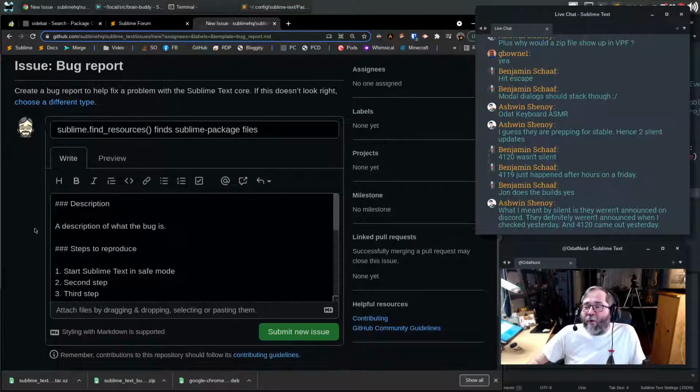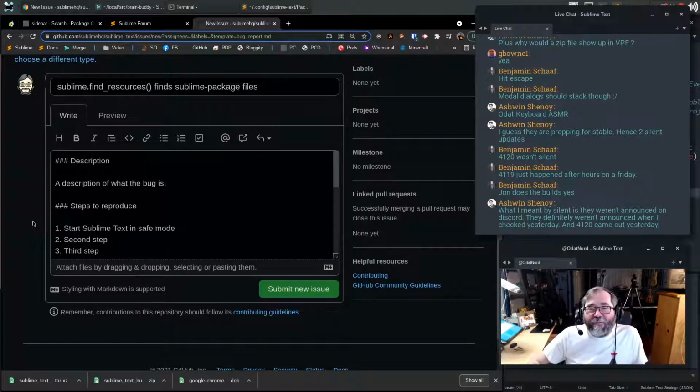Here is more important information. If you are a developer, then you already know all of this information. But if you're not a software developer, then you should know that in order for someone to resolve the problem that you have, you have to describe what the problem is that you're seeing, how you can reproduce that particular problem, and what you expect to happen instead. If you just open a bug report and say it no worky and leave, nobody is going to be able to fix anything because you haven't actually described the problem that you're having.